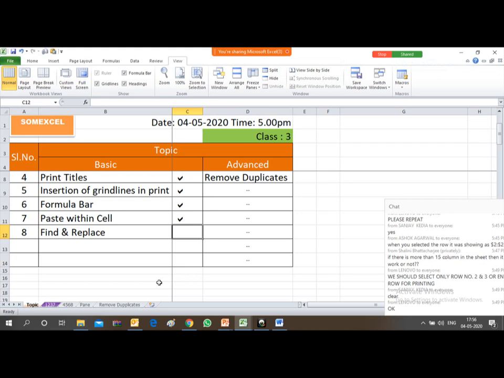Find and replace. Friends, it's one of the very important functions, and find and replace is also a shortcut key. If you have a good paragraph, or a good number of lines, n number of lines, rows, and you want to replace a particular word with a different word, it is a very useful shortcut key.